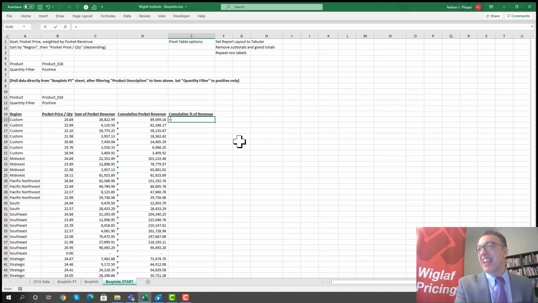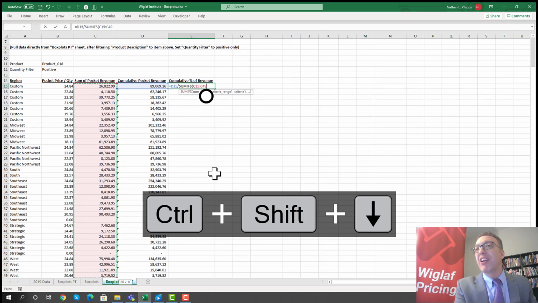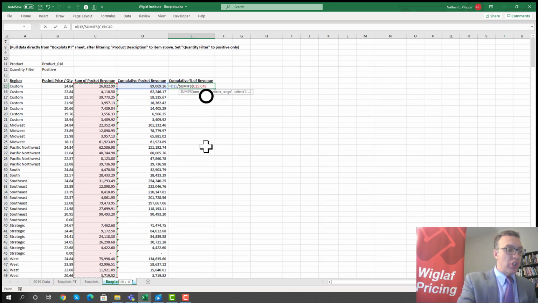All you have to do there is just take the value you just put in column D here, and you want to divide that by another SUMIFS formula. In this case, you're just going to be looking for the entire sum of all of the revenue for that given region. And the way to do that easily, it's very similar to what we just put together, but there are some differences, which I'll point out. So for the first parameter in your SUMIFS formula, just select your entire pocket revenue range. And you can